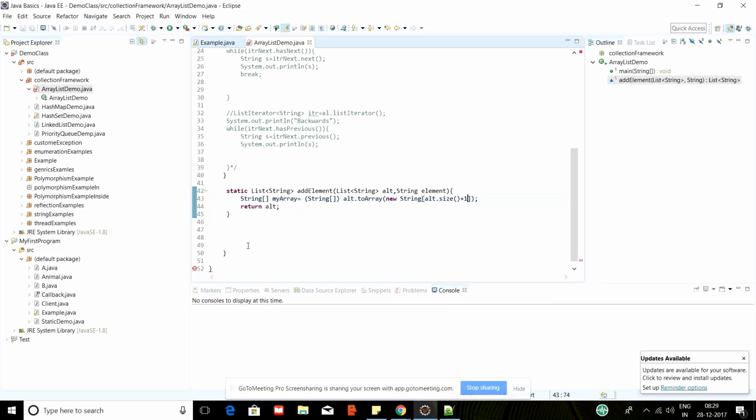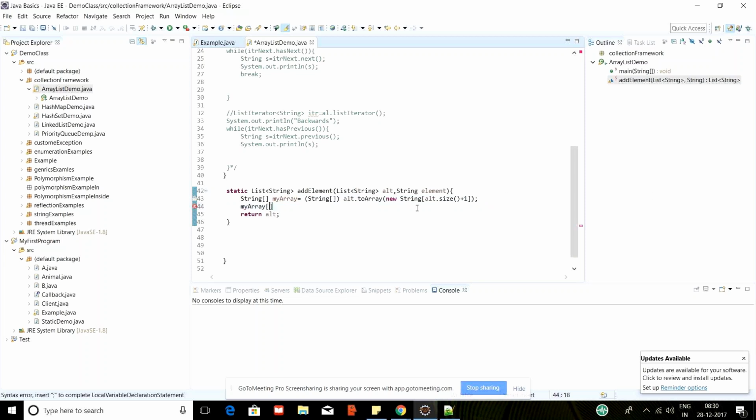That was my string, so I'm already converting it to this particular array. Now you can see this array has size 1. It was 0 as the list size was 0, so I've increased it by 1. So let me add this particular element